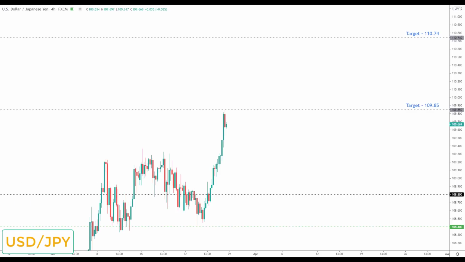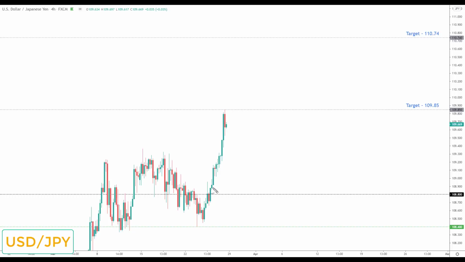Next is US dollar Japanese yen. Now last week we were looking for a rally into the 109.85 and you can see we just missed it here by 0.02 of a pip. So depending on your data feed, you would either have taken this target out or just slightly missed it. Because we just slightly missed it on the chart where we do the weekly forex forecast, we've left this on. But if you've taken this out, you can take this level off.